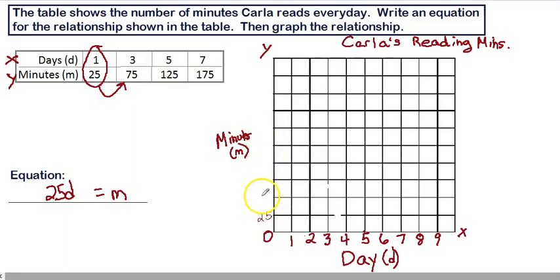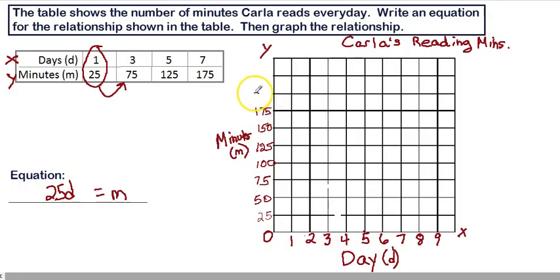You could skip count them by 10s or even 5s, or I don't know, even 50s, but then you'd have to watch how you label your points. You wouldn't be wrong if you did, but probably to get closer and more of an accurate relationship, ordered pair shown on this graph, probably want to just keep it with the unit rate and then go from there. So we're going to go 50 on the next one, 75, 100, and we've got 125, 150,